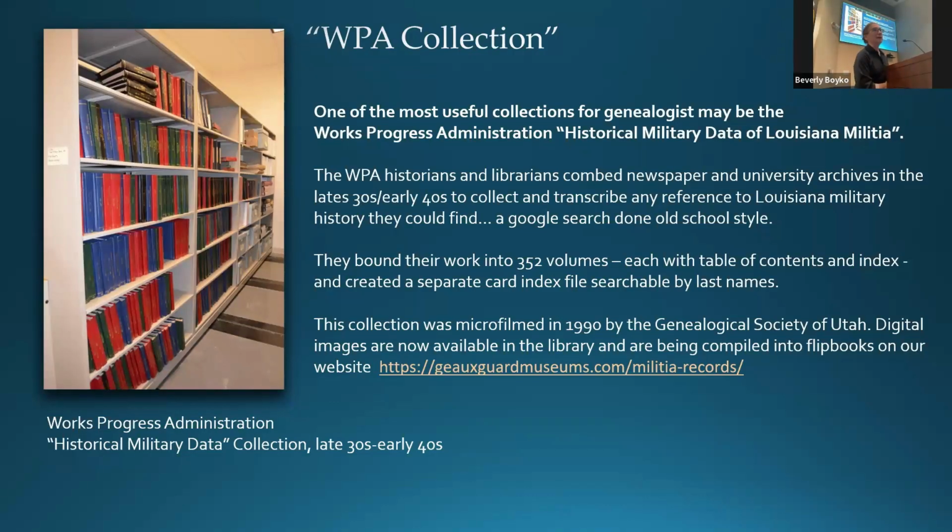A few of the collections that I think might be of interest for you guys. I mentioned the WPA. This is one of the big projects that Fleming had done. He hired historians and librarians, and they combed newspapers and university archives in the late 30s, early 40s. They found every reference they could find to Louisiana military history, and they manually transcribed them, typed them up, bound them in beautiful volumes,